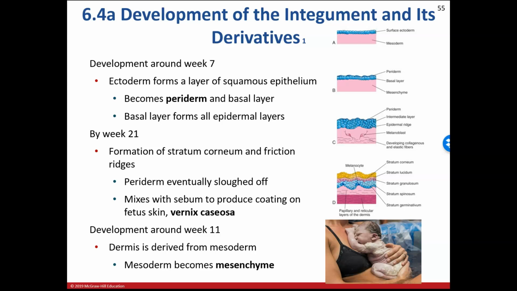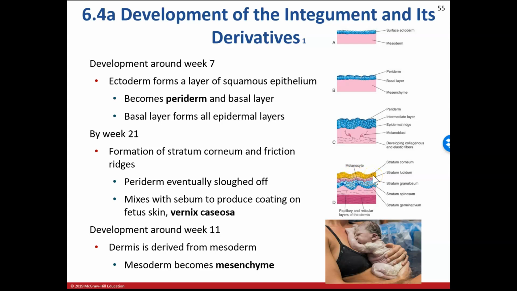The ectoderm that we learned about in our tissues chapter is going to form a layer of squamous epithelium. So you could see that taking place over here. This is becoming periderm and the basal layer. The basal layer is going to form all of our epidermal layers. As we know, mitosis will take place there. And by week 21, we'll see a development of stratum corneum, and you can start to see the friction ridges